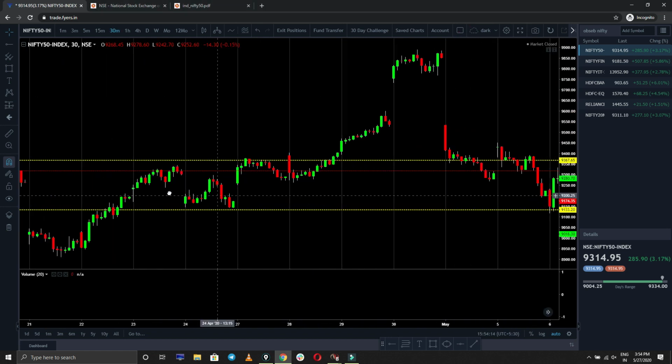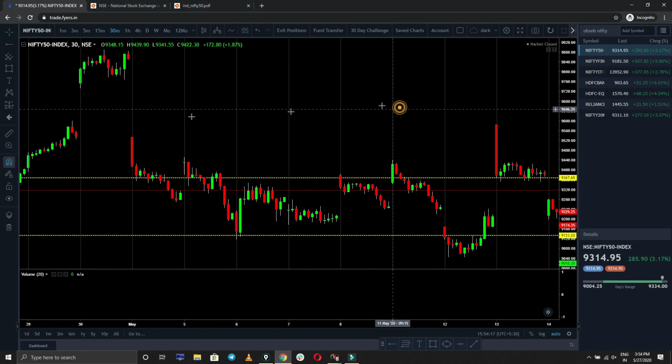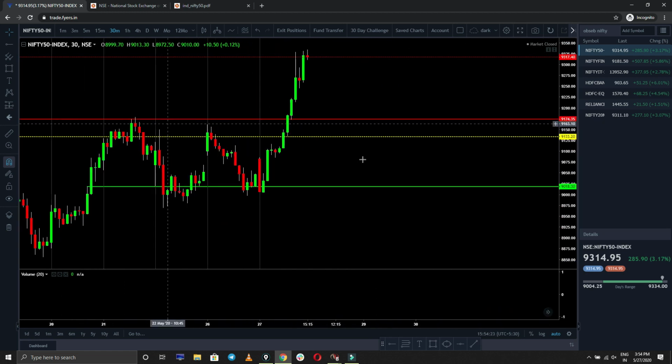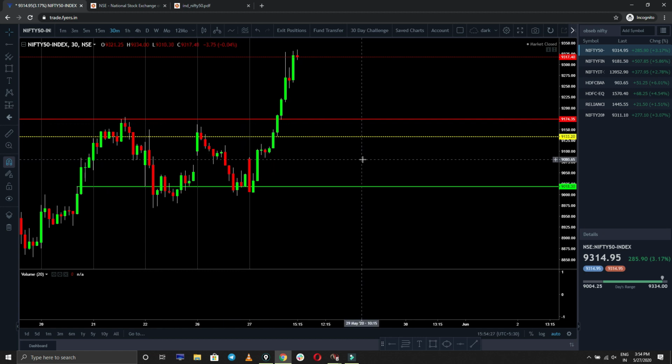I hope you understand single print zones and volume profile, and how we can trade effectively near them. Please don't purchase market profile and volume profile charts. It's a waste of money; I purchased it and it was simply a waste. Just use the candlestick pattern. If you want volume profile, you can use AmiBroker, which is free of cost. You just need to purchase the data. Data can cost 2,000 to 3,000 per month, but you can get it for below 1,000 also. Purchase that, it's enough.